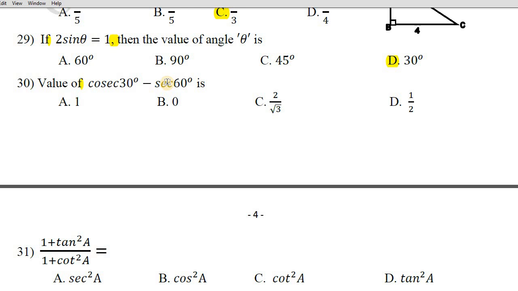I mean, we have a table of trigonometric values for specific angles. From that table, definitely one question will be there. So hence, learn all the values of the table very well. Easy questions will be there.